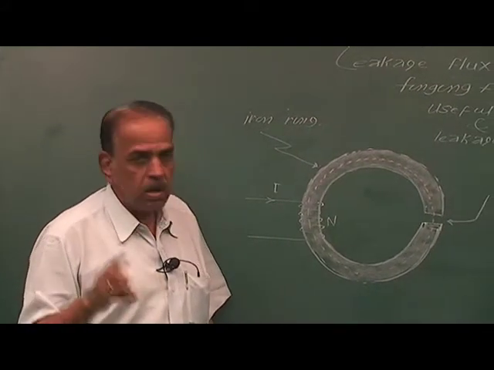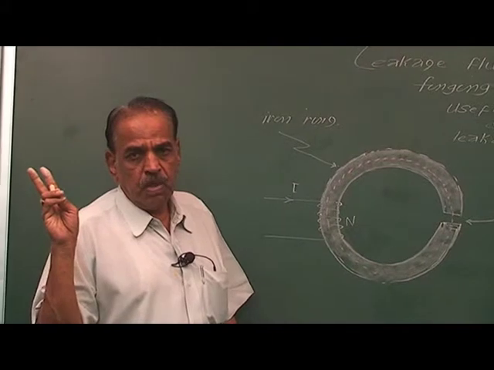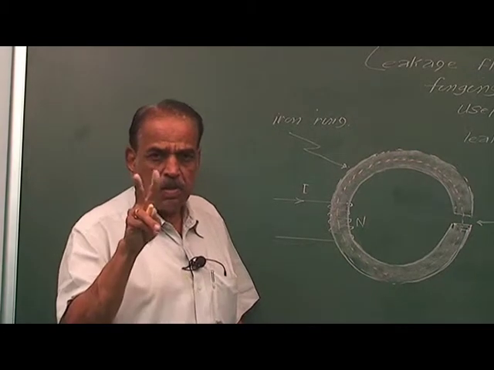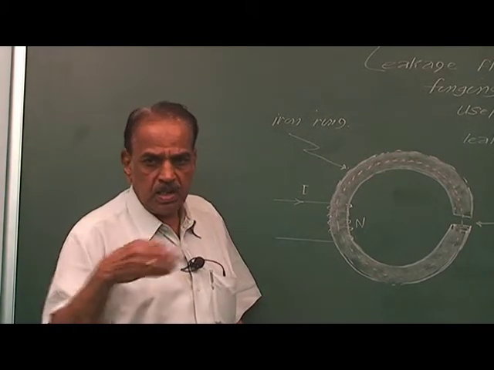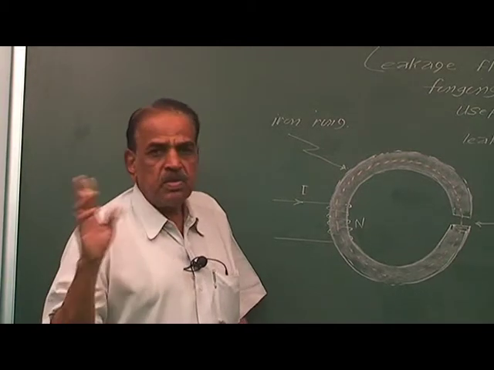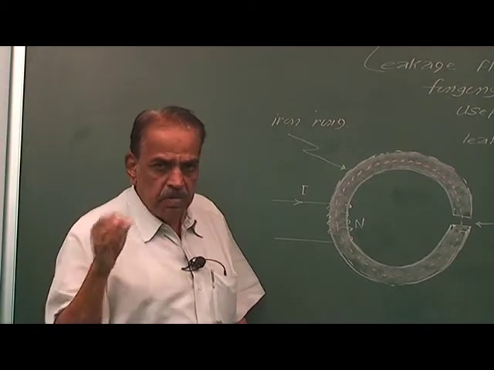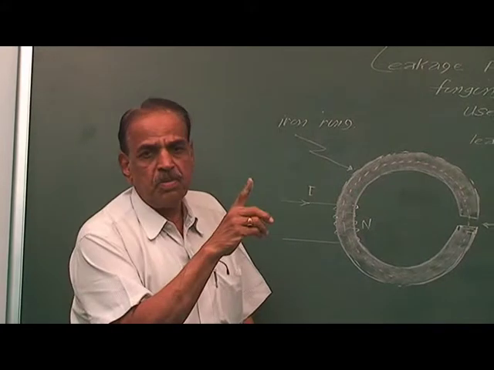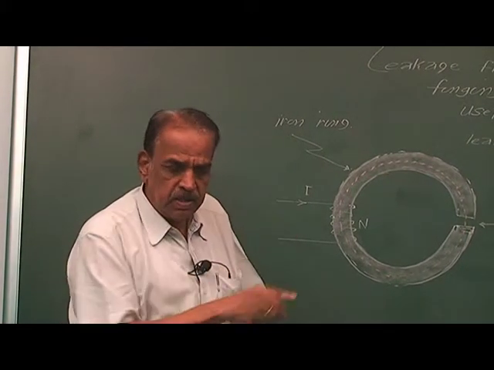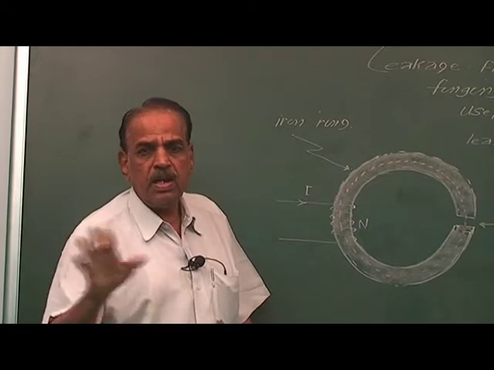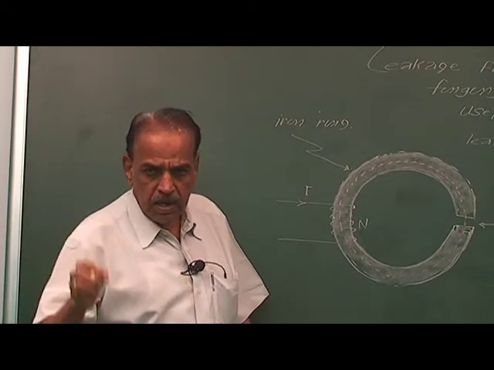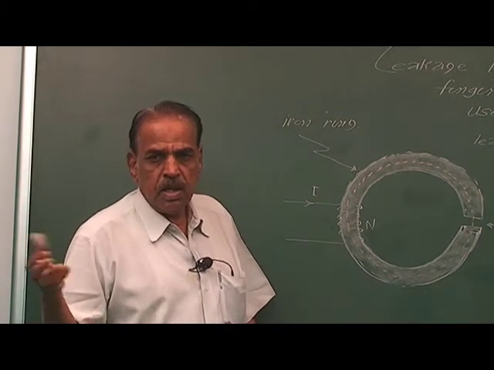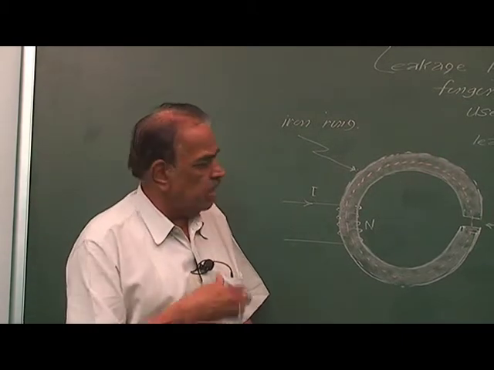So for production of torque, minimum two fluxes are required. In case of the energy meter, the flux produced by the shunt magnet and the flux produced by the series magnet are the two main fluxes, and they interact with each other. Torque is produced and the disc starts rotating. So if one of the fluxes is absent, torque is absent. If the entire load is off, only one flux will be there, which is proportional to supply voltage. The other flux is absent because load is off, and the energy meter will keep quiet. If you put one tube light on, then second, third, or say a geyser, it draws more current and there will be interaction between the two, and the disc starts rotating.